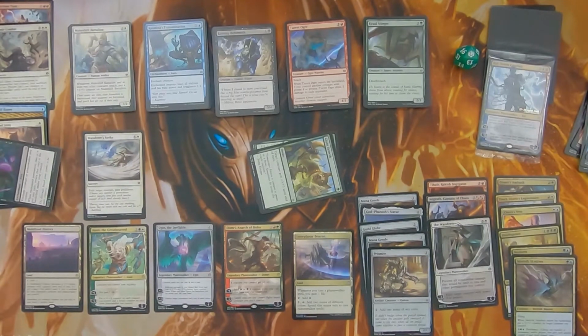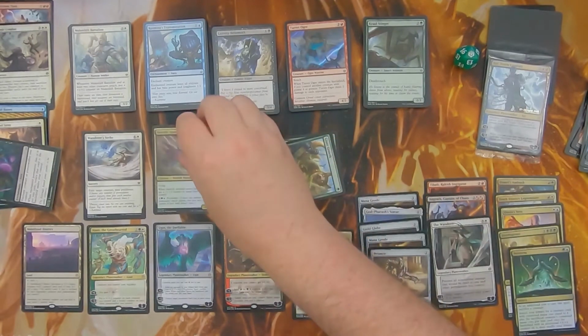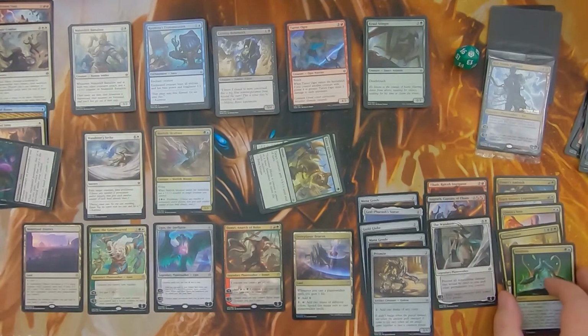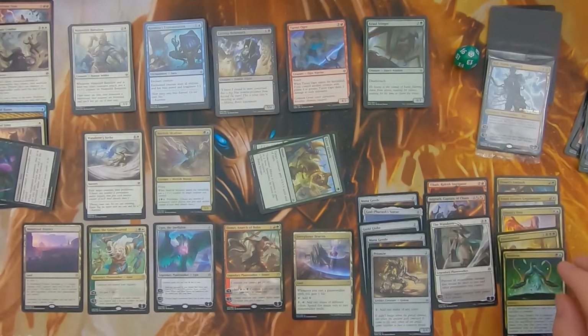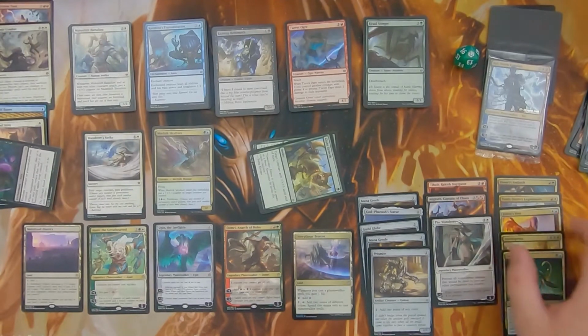That's probably what I would end up playing with this: I would play blue-green, because you've also got your Merfolk, right? I would probably go blue-green, and I would probably splash. Do I splash white, or do I splash black? If I splash black, I get Death Sprout. If I splash white,